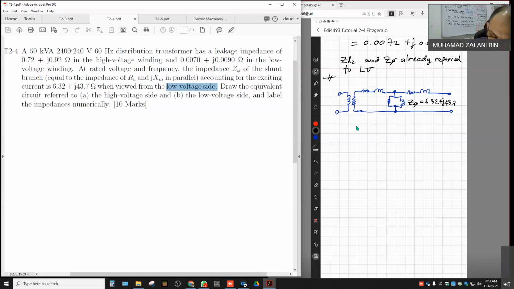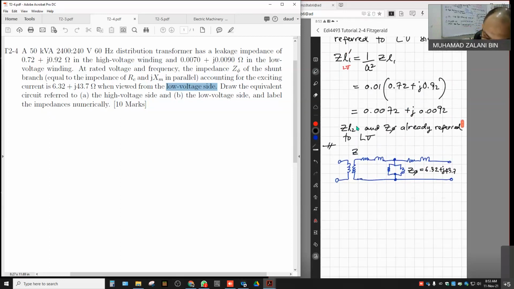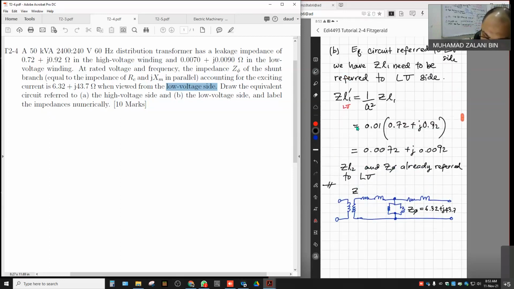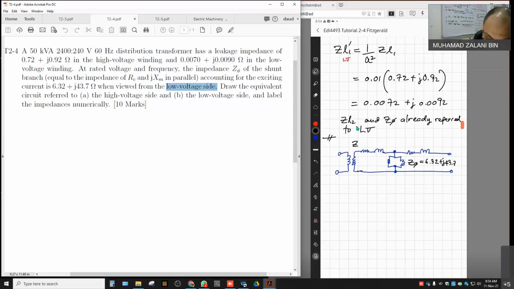Then for ZL1, also, that ZL1 is what we transformed earlier, ZL1 prime, 0.0072 plus j